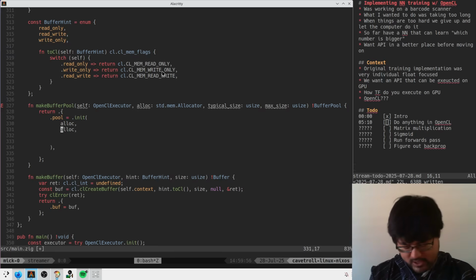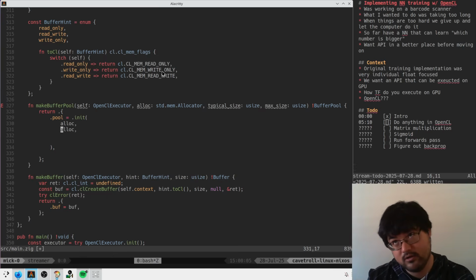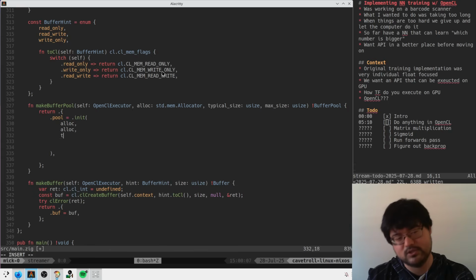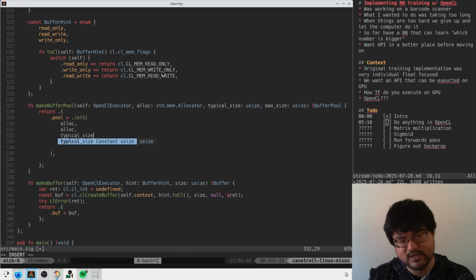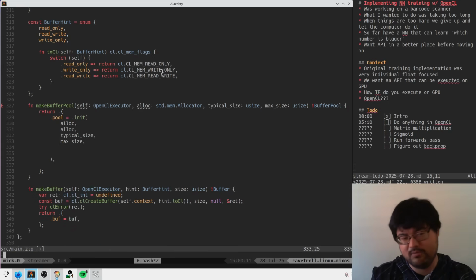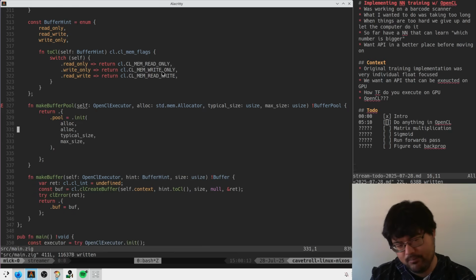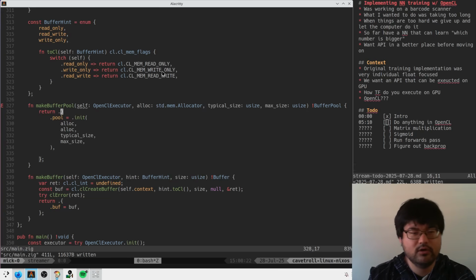Elements live in a stable location in memory, and it creates a linked list of contiguous memory chunks. So typical size is the initial allocation size, and max size means this thing could be mega big, but we will only grow up to that size. Yeah, cool. So this thing I think has to be tried,